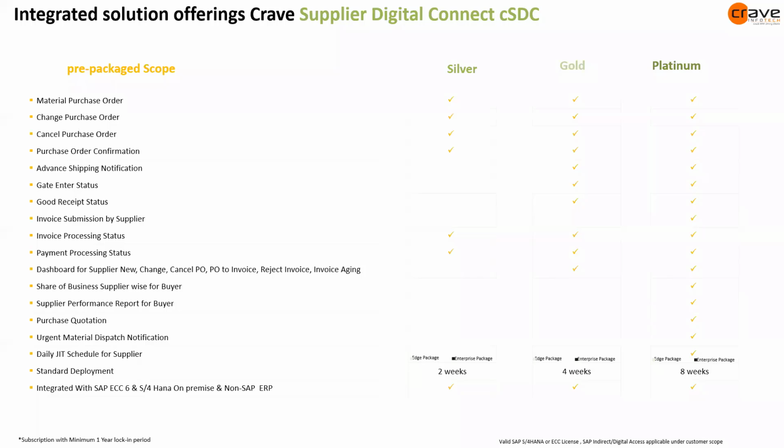Also, we have 2 models. One is Edge and we have Enterprise. Edge is for small to mid size, so it is price competitive and there is a limitation on how many vendors can use it. And we have the Enterprise model for large organizations where you have a large number of vendors involved. The Gold package allows you to do more, and Platinum has everything that is required. Of course, in the case of Platinum, you will have to think about getting the bundled digital licenses, which are very reasonably priced, so that this confirmation will be smooth. So that's about the different packages.